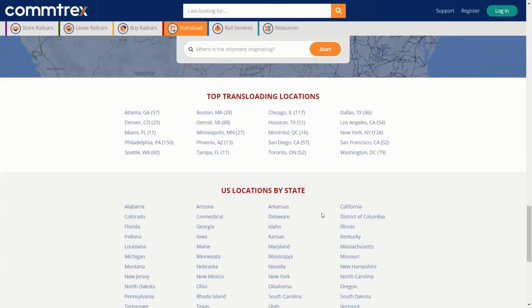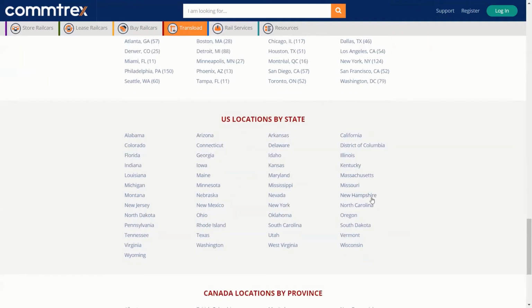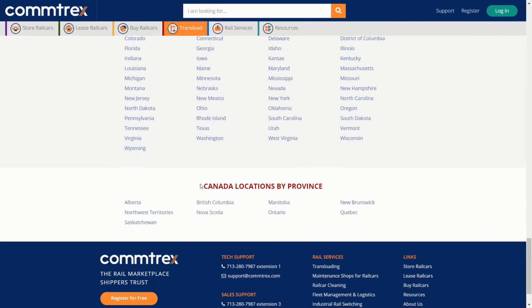And then down lower, you'll notice that there are a list of cities here, large US cities, where you can look at transload locations based on their proximity to those cities. Then beneath that, we have our state pages where you can look at transload facilities by state in the US. And then lower down, there's a similar thing where you can look at location in Canadian provinces by clicking on